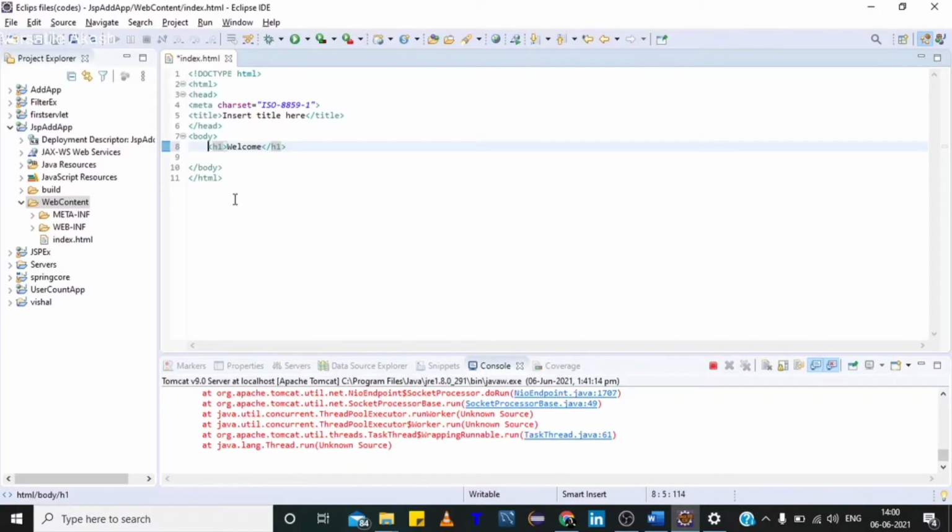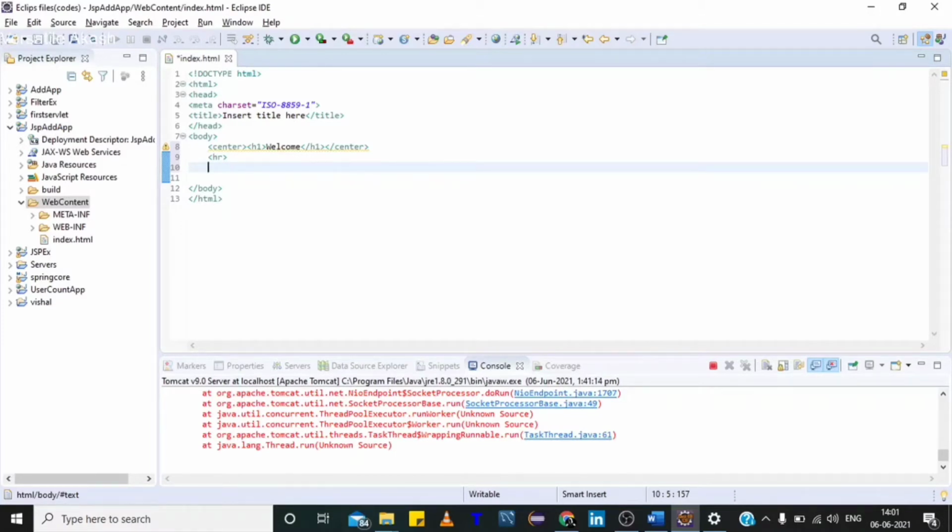I want this in the center, so use the center tag, and the center closing tag. In this HTML file, we are going to create two input fields and one button for submitting the request.